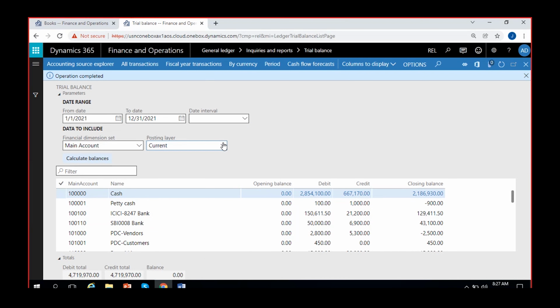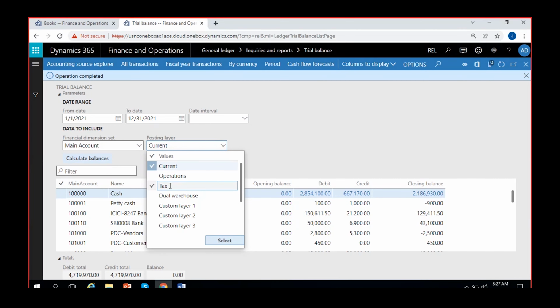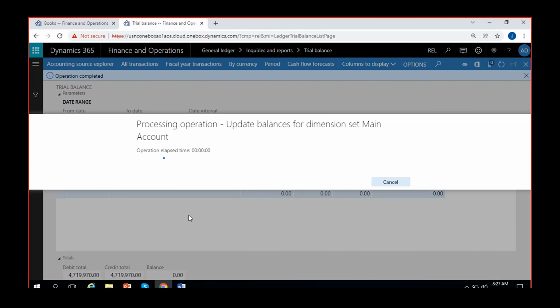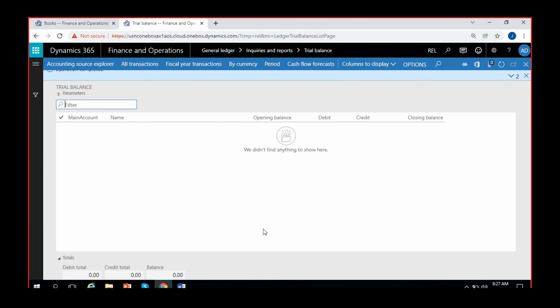Other than this, you can also select any other layer here. Suppose if I select this one, tax layer, and calculate the balances here. See, I don't see any balances because I did not post anything into tax layer. The main account numbers are the same main accounts, and you can post transactions also. But for that, you have to create a separate journal name which is having the tax